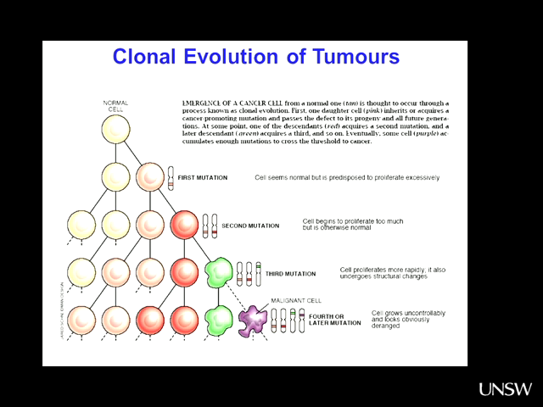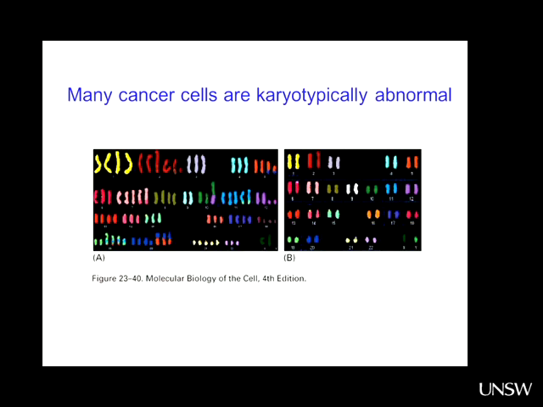Now, another way that cells can acquire all the changes that they need is actually exemplified by this. Have you seen karyotypes, cell karyotypes before? You probably have. So here we have a normal cell, and we've got false colour images here using fluorescent patterning so that you can easily identify the chromosomes. And here we actually have a breast cancer cell. And what you can see is they have wildly abnormal karyotypes, and they're frequently characterized by having far too many chromosomes. So you can see here, this is probably almost a tetraploid,